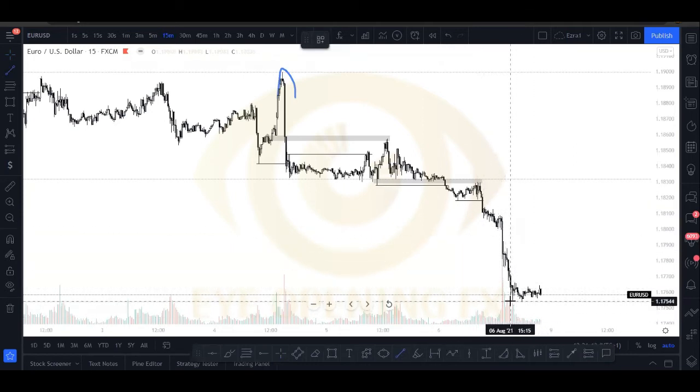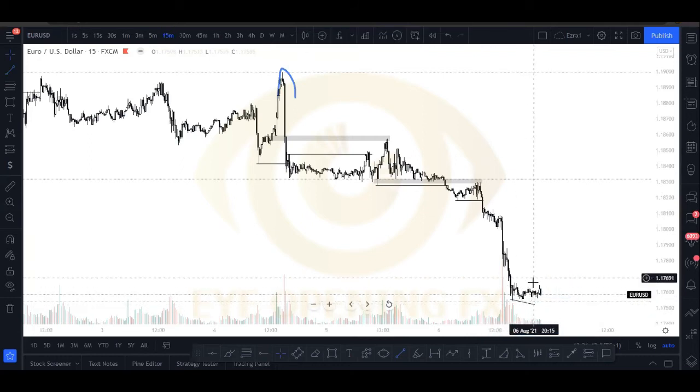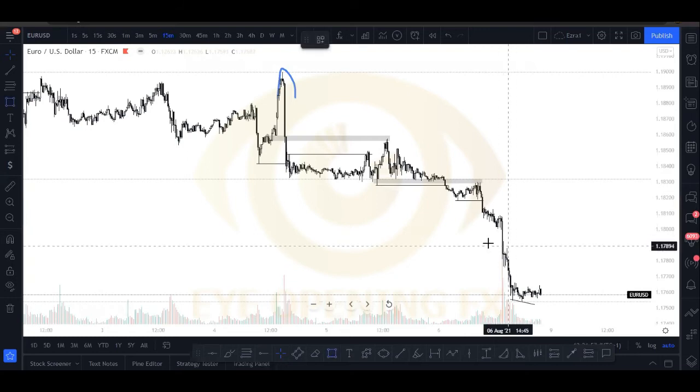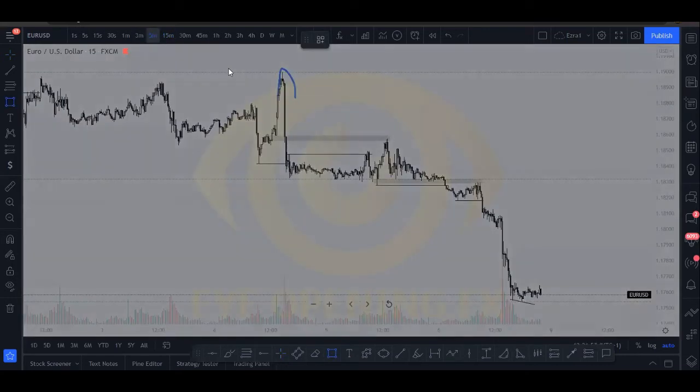You wait for volume confirmation, either volume divergence or those stuffs, before you look for a short-term buy to continue the sell. So to continue the sell, let's look at it on